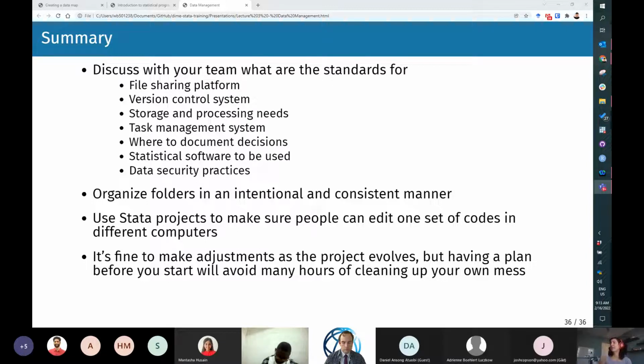The next thing that it's good to think about is what exactly do you need for the type of data that you're using. So if you know that you're going to receive a lot of data, and this data is very heavy, then you may need a lot of storage and a lot of data processing power. These are good things for you to think about as your project is getting set up, because otherwise, when you realize that you have too much data, what can happen is that you already had to stop your work because you cannot open that data set in your computer.